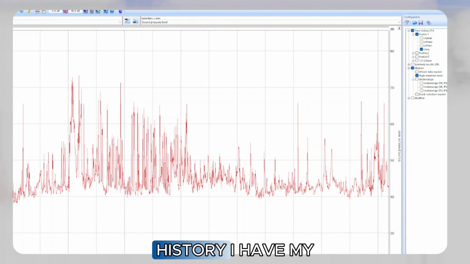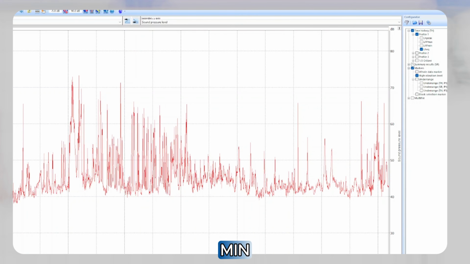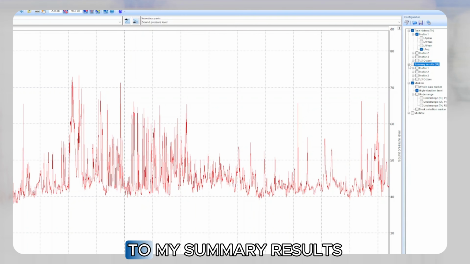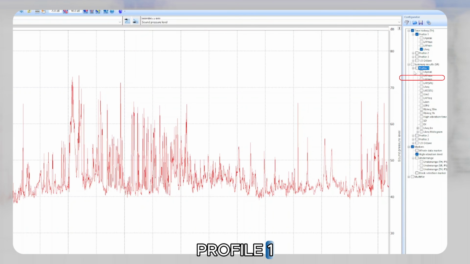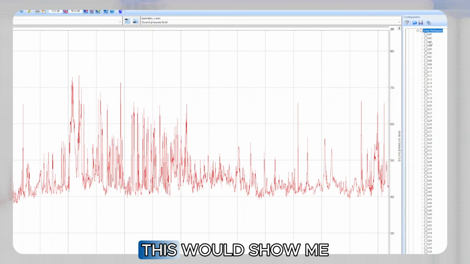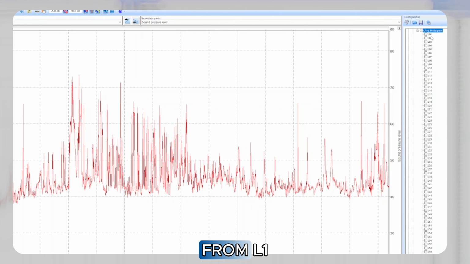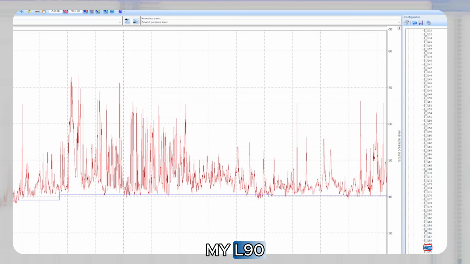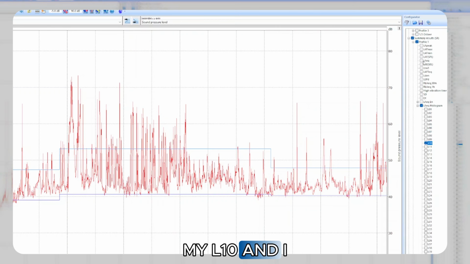So as you can see on my time history, I have my LEQ, I have my almin, and if I want, I can go to my summary results, profile 1, and inside my profile 1, I have my peak, max, min, LEQ. I also have an LEQ histogram. So if I select the histogram, this would show me my AL values from AL1 all the way through to AL99. So if I want an AL90, for example, I can select my AL90, my AL10,